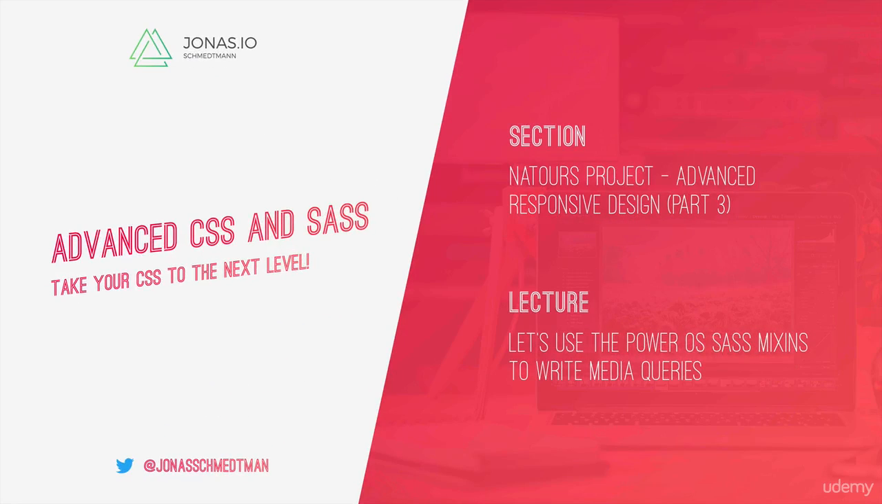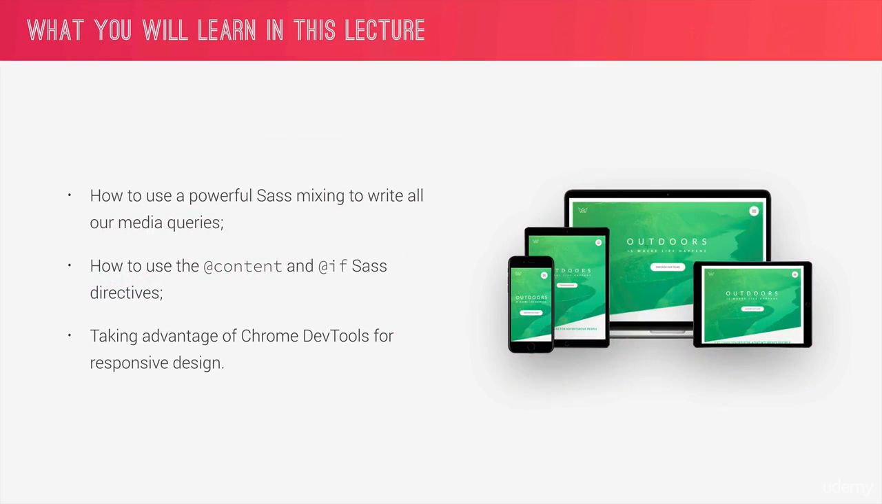With our responsive breakpoints now defined, let's start to implement them in media queries in our Sass code, so that we can start making the page responsive. In this lecture, you're going to learn how to use a powerful Sass mixin to write all our media queries with one single mixin. In order to do that, you'll learn how to use the content and if Sass directives. And finally, we're going to take advantage of the Chrome DevTools to check out our media queries and responsive designs